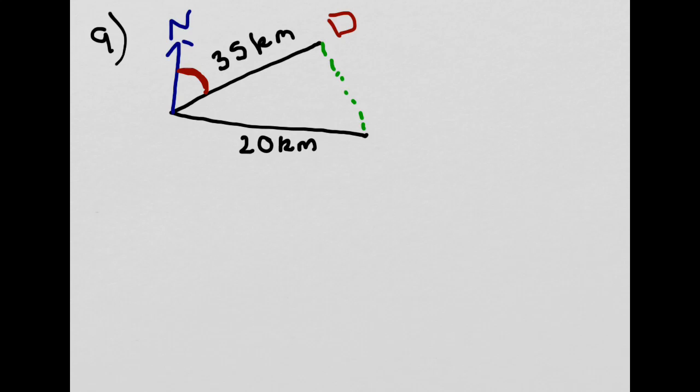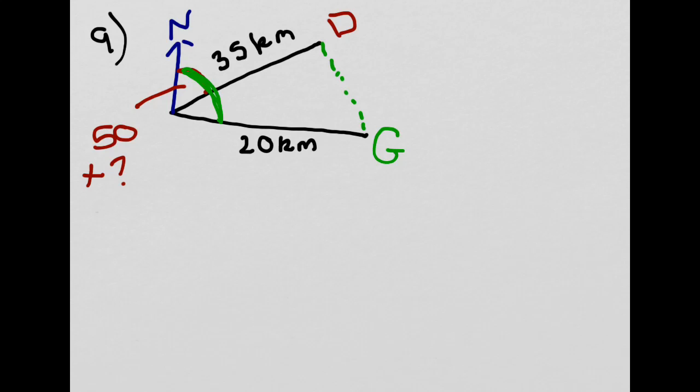We also know that a second oil rig, Gamma, is on a bearing of 125 from the north line, and it's 20 kilometres away. So that full angle is 125. So we know that angle there is 50, and that the whole angle is